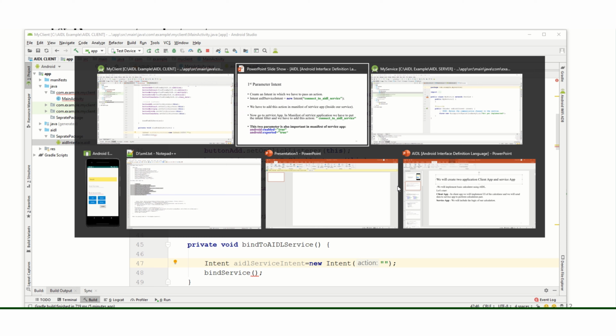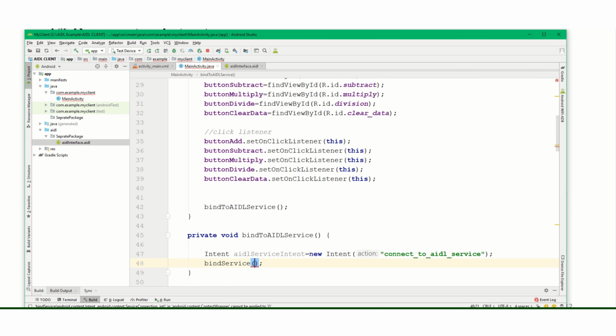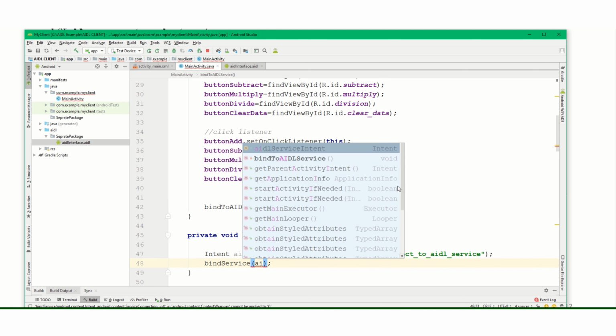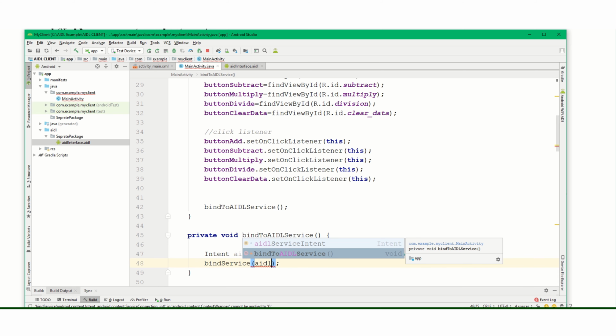What's the action? Connect to AIDL service. Our first parameter is completed.